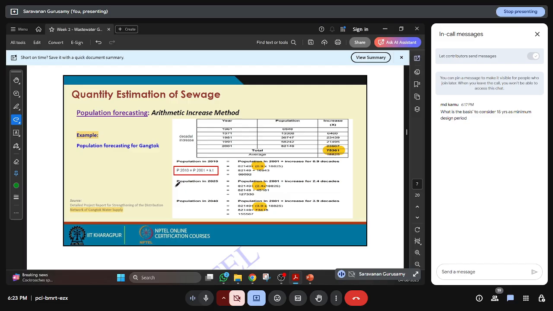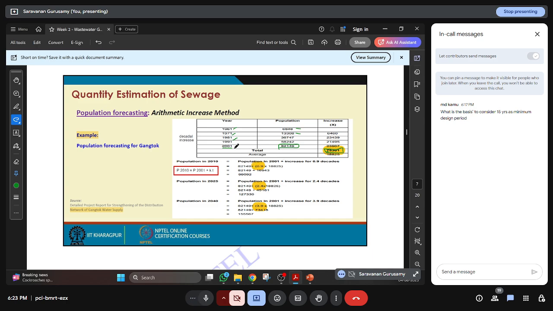So how to calculate? See, for example, the 1961, 71, 81 populations are given. I can take the difference of this population and I can take the average of this. That will be my average of one decade, right? So if you take the value, 75,301 is my average increase per decade. So they are asking the population of 2010. So I know the population of 2001, plus this average will give my